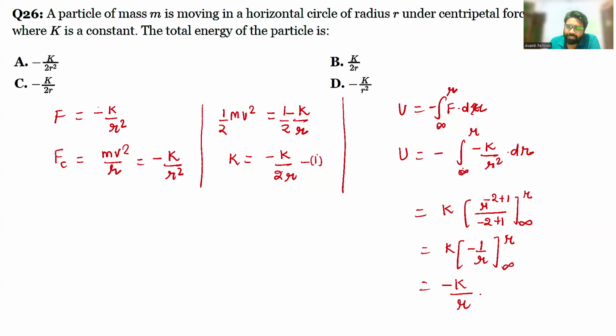Now, why have we taken infinity? Because at infinity, the potential energy is 0. Okay. So if you calculate the total energy here, the total energy would be minus k upon 2r